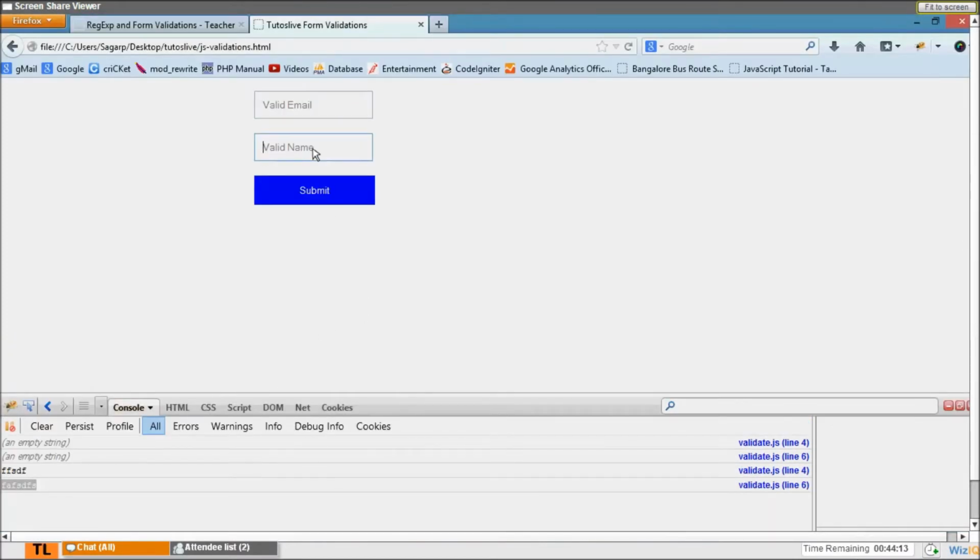So I'll come back and say email, and I can also say required equal to required. Okay, here too, required equal to required. Now let's see what happens here. I refresh this.